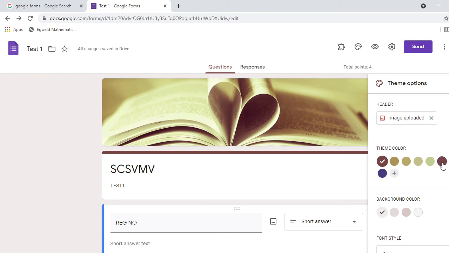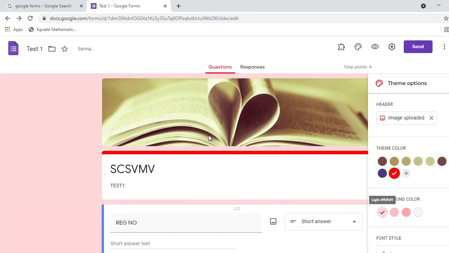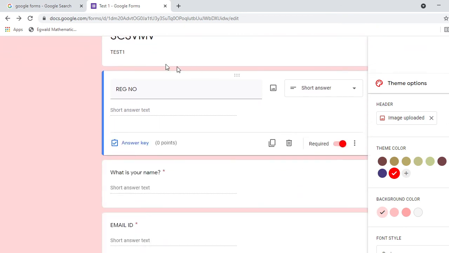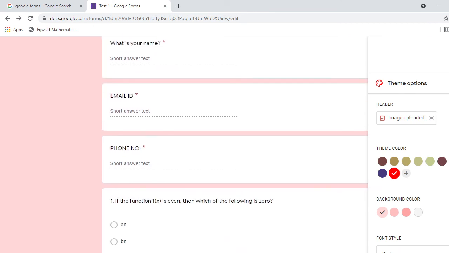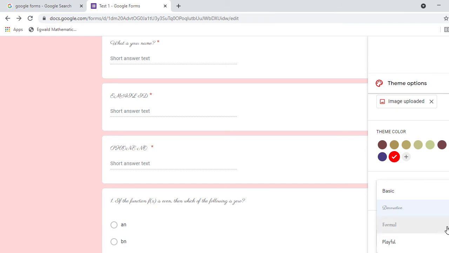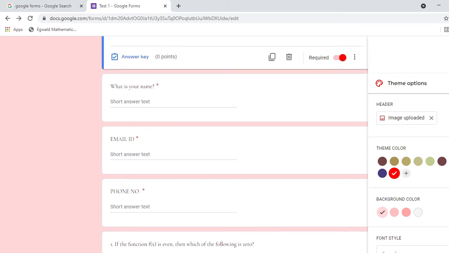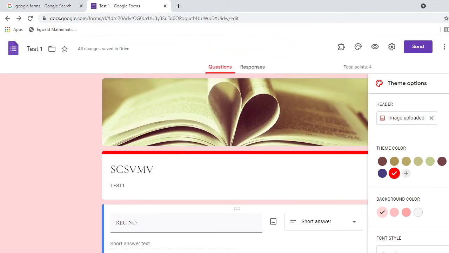And the colors also you can change. Any one color you can change. Okay, any colors you can add. You put add means it will show the different color. Okay, and then the fonts also you can change. What are the fonts? Now I just keep the basic font here. If suppose you want this font, now you can change it. Font styles you can change. Okay, font style also you can change. Okay, so these are the options here in the theme option, and then this is the preview.